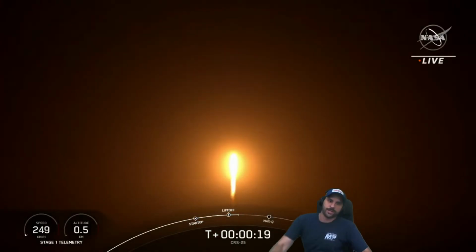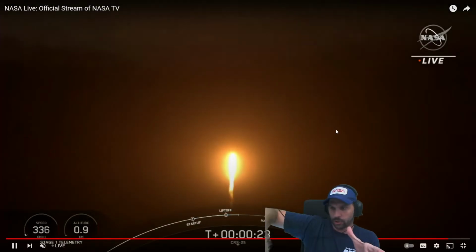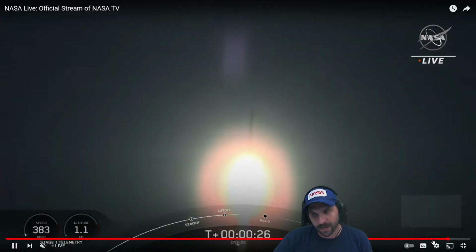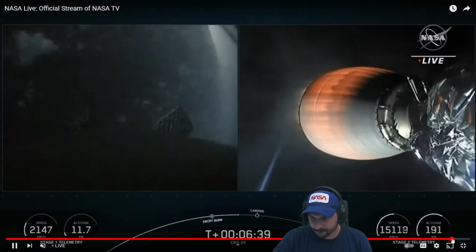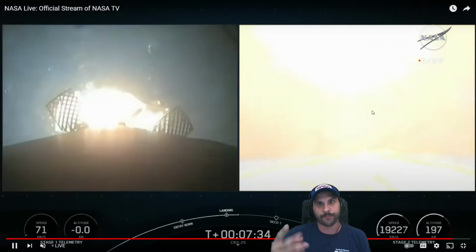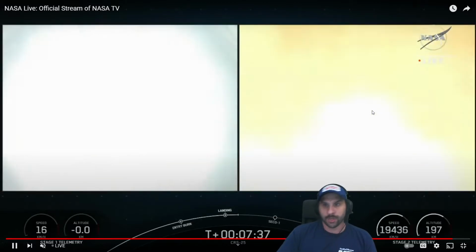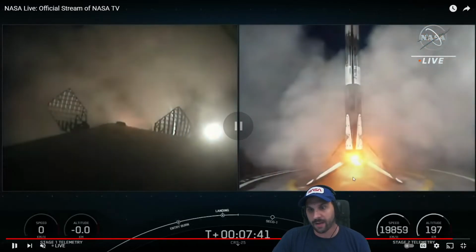So Merlin engines here are an open cycle engine. They're an open cycle rocket engine, meaning the turbine exhaust just shoots out the side. That's part of the reason why when Falcon 9 lands, it's covered in soot. When Falcon 9 comes in for a landing, you see this thing come down, it's all covered in black soot. Now, two things. That is not from the rocket engines. The rocket engines are burning off most of the RP-1 that gets pumped in there. Most of this soot happens from the turbine outlet.